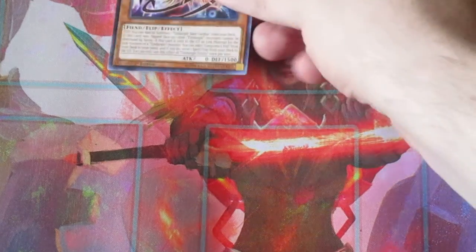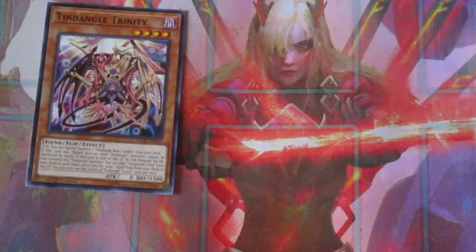Okay, now before we go on, I'm going to turn around and talk a little bit about spell speed. There are 3 spell speeds in this game. We have spell speed 1, which is basically things like flip effect monsters,